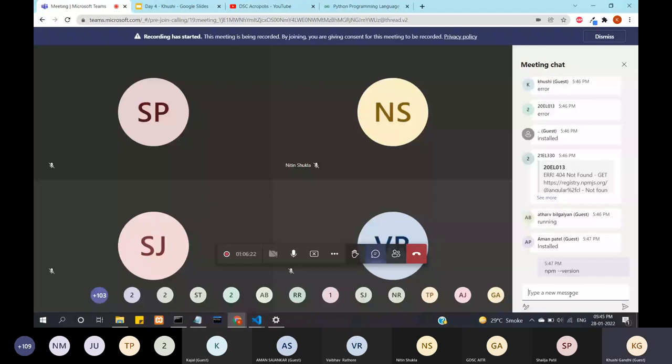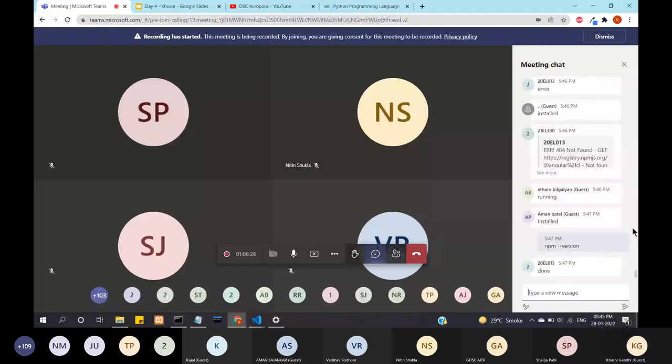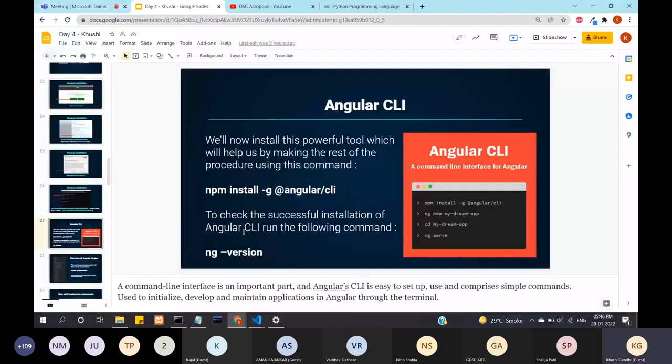All right, some people have already installed. For the people who have already run the command, I will give you the next process. What we have to do next is check if the Angular CLI is successfully installed. For the people who are getting the error, I will get back to you. And for the people who have already installed the Angular CLI, run the next command, that is